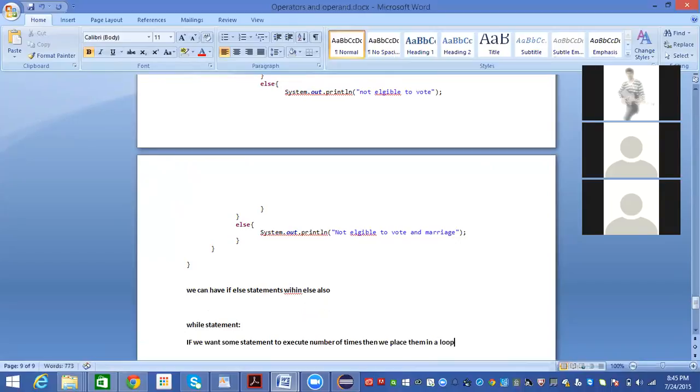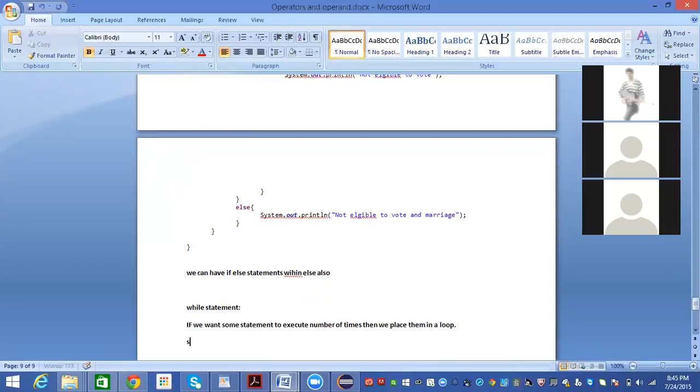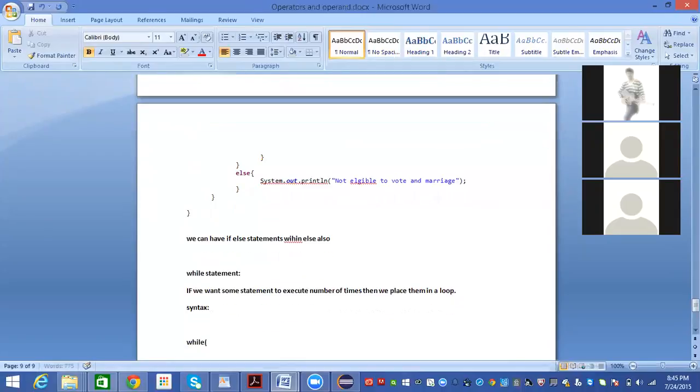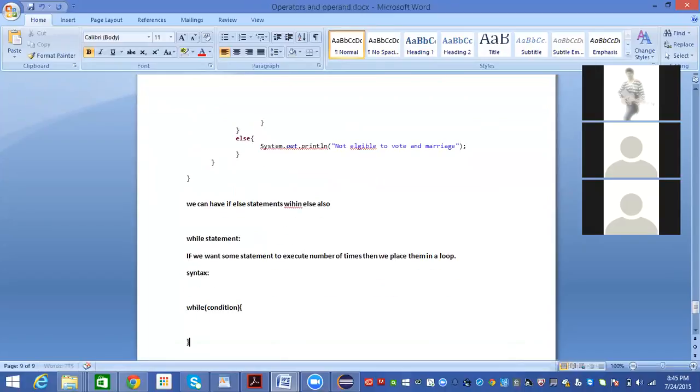This is called a while loop. So the syntax is: while condition, if the condition is true, then the statements will get executed. For example, the program is